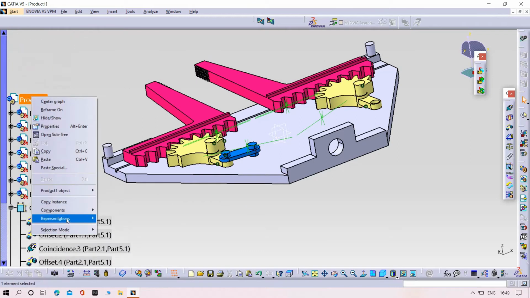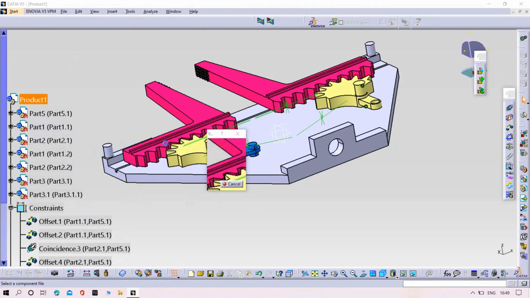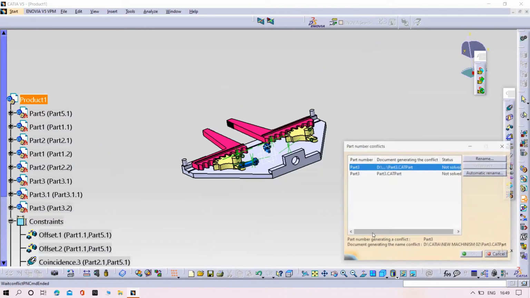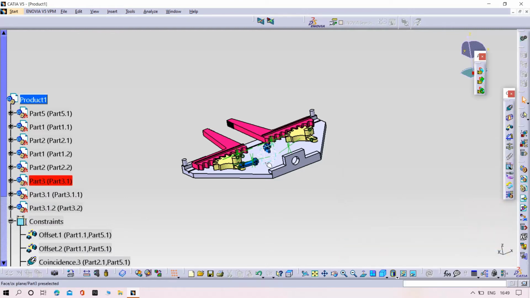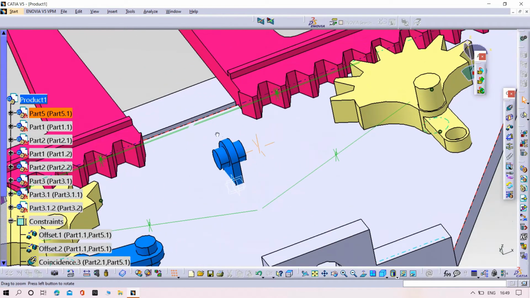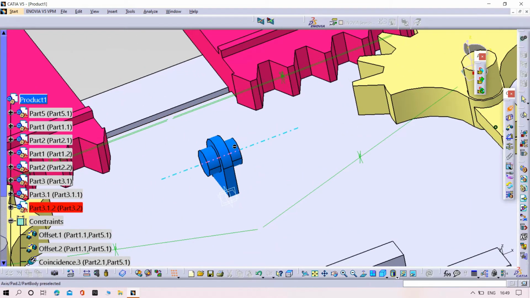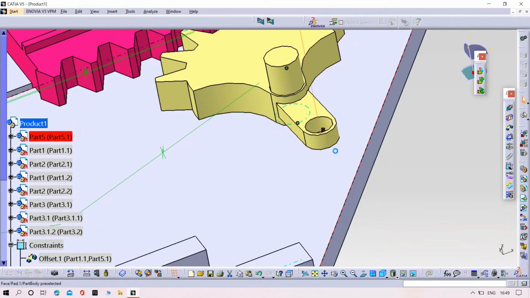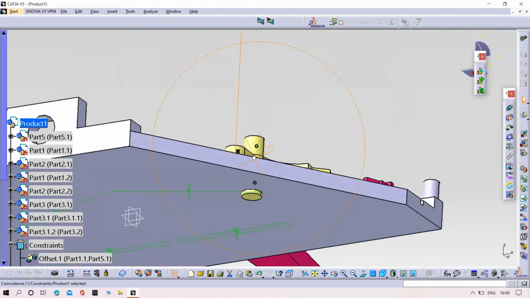the another link, existing components. That link should be part number 3. Open, or click OK. Same as the previous one, try to give the coincident relation, then try to give the surface distance relation also.